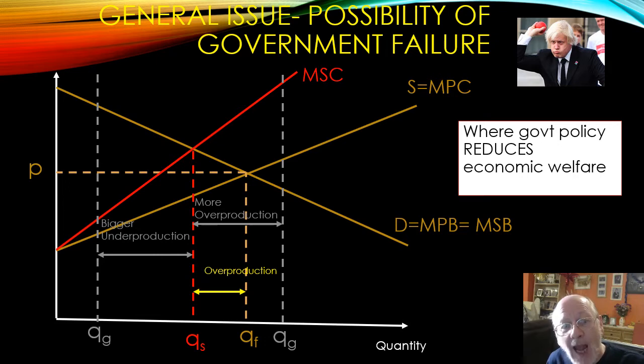If you look at the lower QG point, you can see they've been able to reduce production, but they've overdone it, and once the new policy is introduced you'll notice that the gap between QF and QS is bigger. Rather than having a gap of overproduction, we've overdone it, and now we've got a gap of underproduction, and that is normally due to not particularly understanding the market.